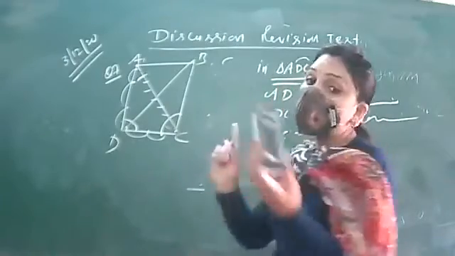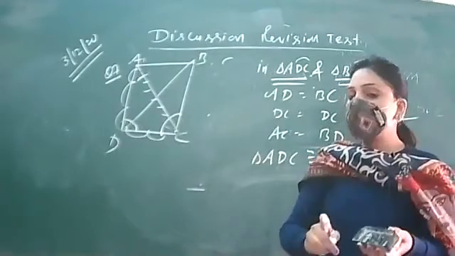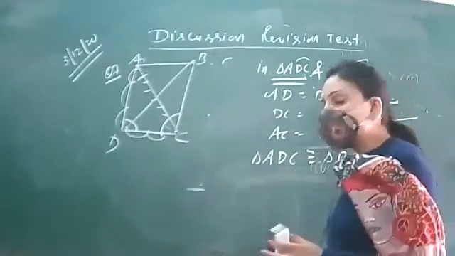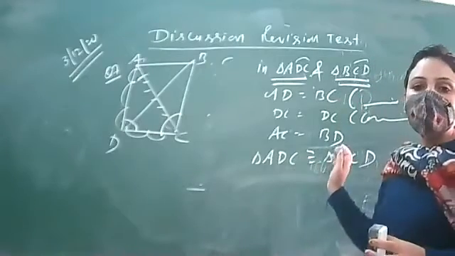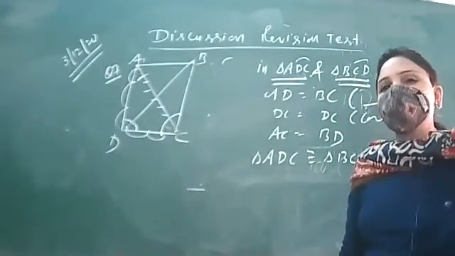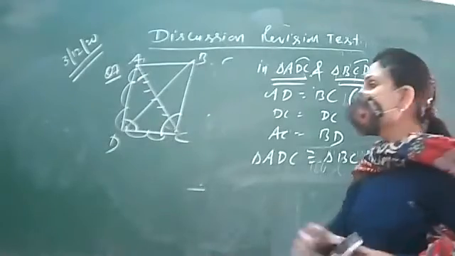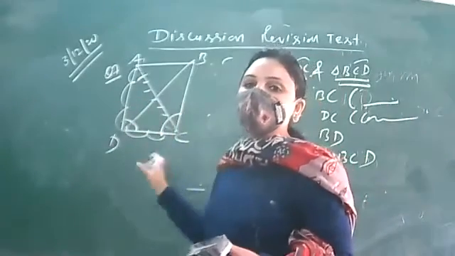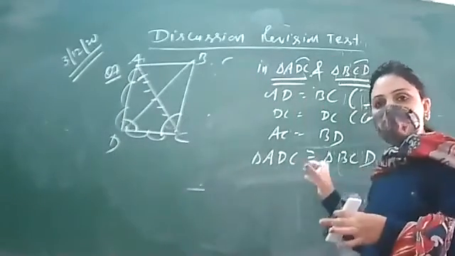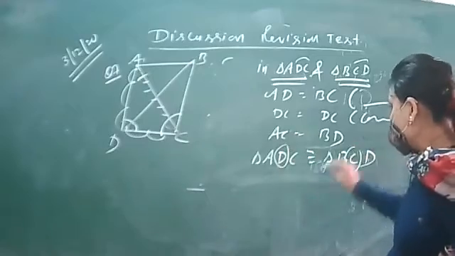And if you are missing the rule in the exam, if you are missing writing the rule, then don't blame me afterwards that why I have deducted your half marks. So rule is to be mentioned, right? हाँ जी, ADC BCD के congruent हो गया. तो यही तो मैं तेरे से पहले पूछ रही थी हार्दिक कि क्या इन दोनों की congruency से D और C equal हो जाएंगे? You were not able to tell me. Now you channelize the things properly, right? Now this D and C, they will be equal.